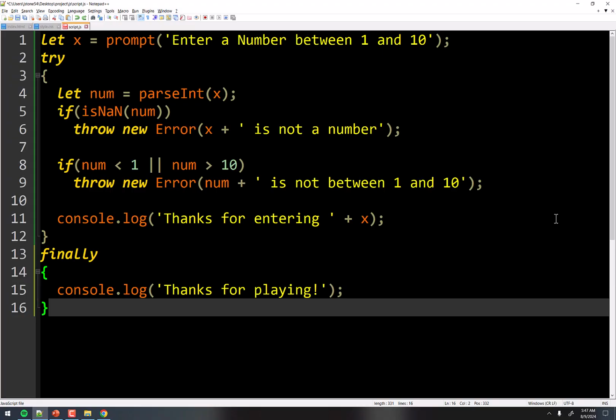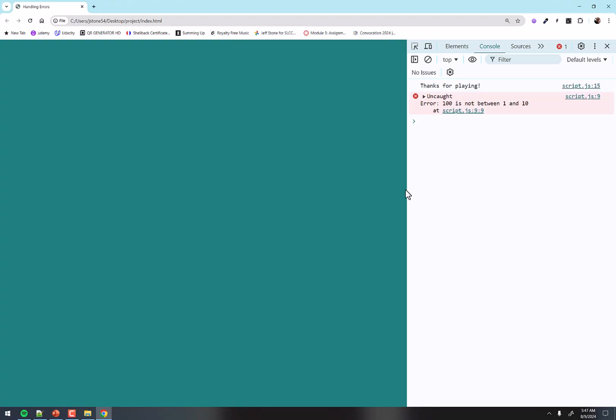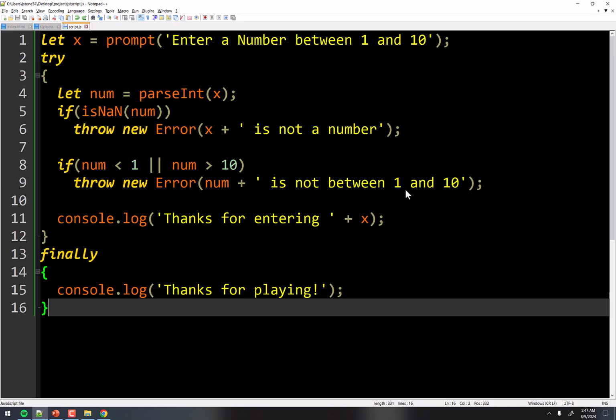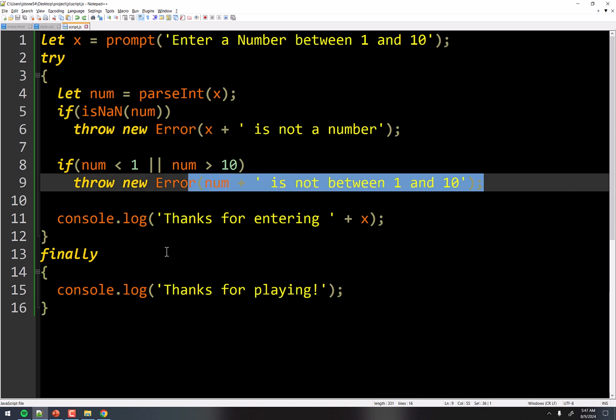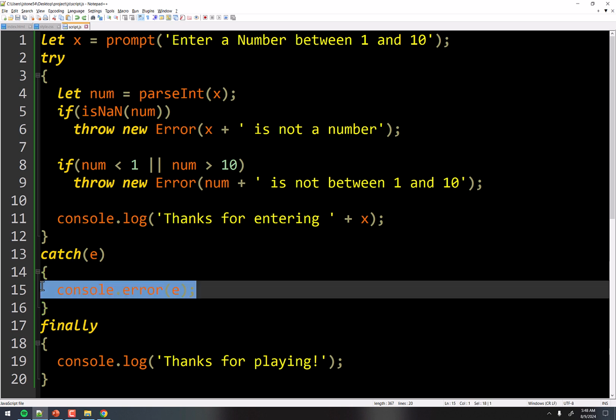So I have a finally block, and now I can run it, and I can put a number out of bounds, and it will use our error messaging by default. And so the error is still being caught. We just don't have explicit information on how we want JavaScript to handle it. So JavaScript does its own thing. It will use our messages that we gave though. But we're going to keep the catch block there so we can do our own messaging down here, and we could do other things if we wanted to.